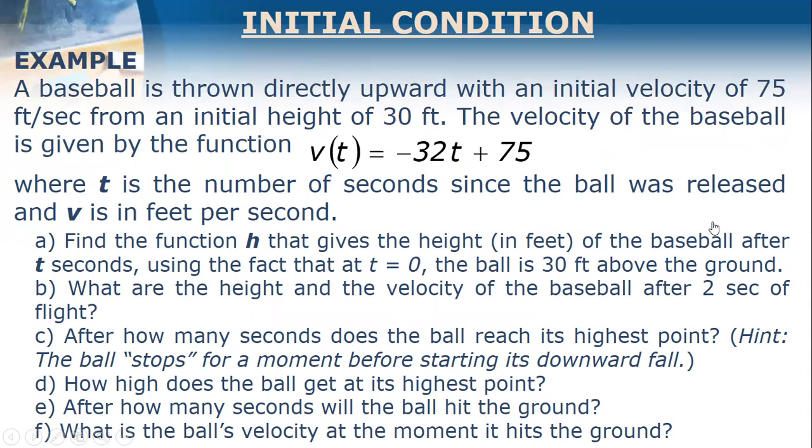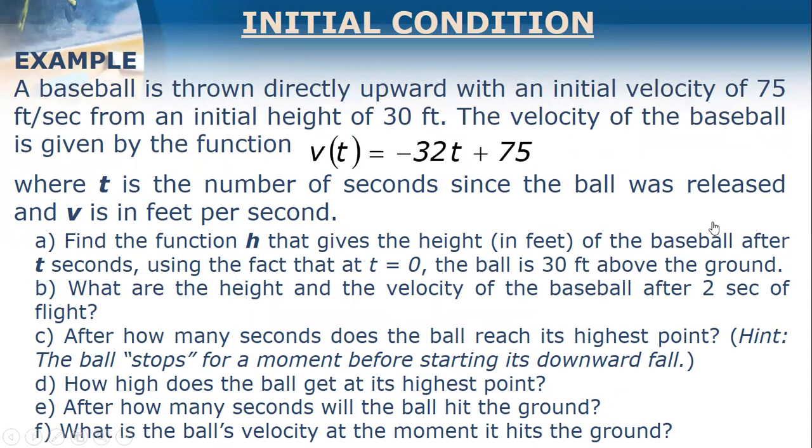The velocity of the ball is given by the function v of t equal to negative 32t plus 75,